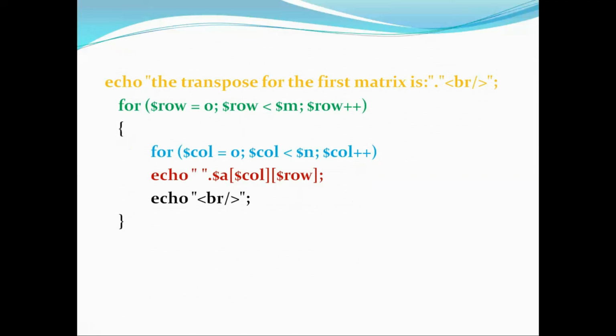The name itself tells the transpose, that is exchanging rows to columns and columns to rows. For that reason also, we are taking both the row indexing as well as the column indexing. But look at that, first I am reading the columns, then I am reading the rows. Try to understand, first I am printing the columns, then I am printing the rows. Now it becomes the rows as well as the columns, that is they are interchanged.